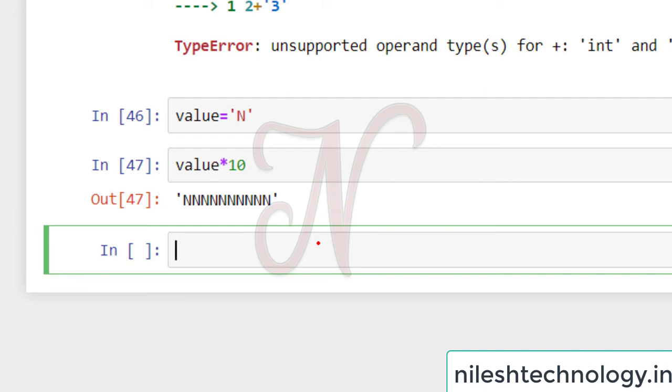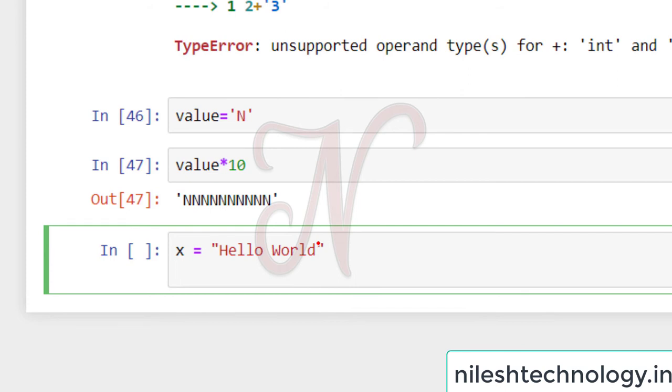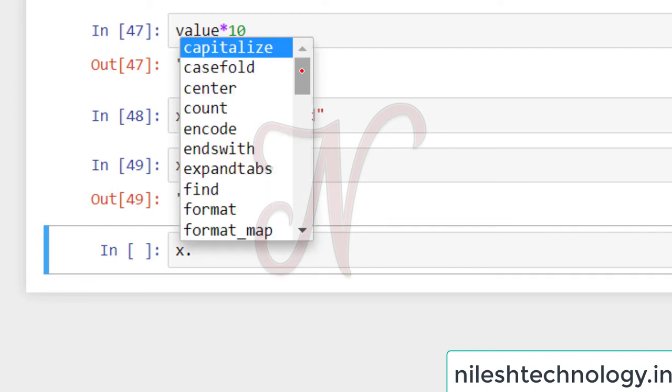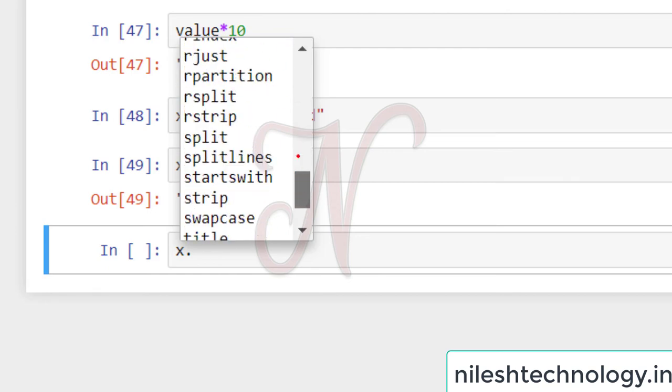Next, I assign the hello world string to x. Now if you type x and press dot, then press the tab button, all the built-in functions available in Python related to strings are shown in this drop-down box.